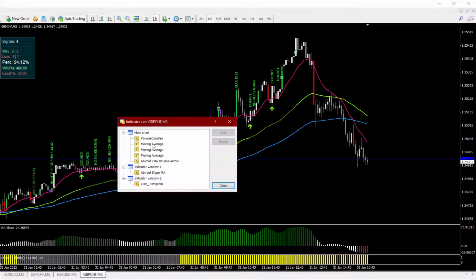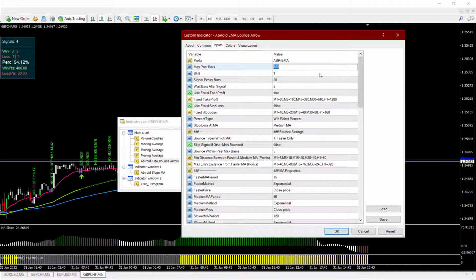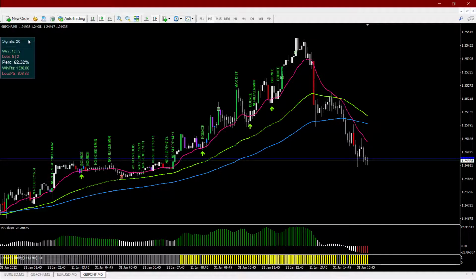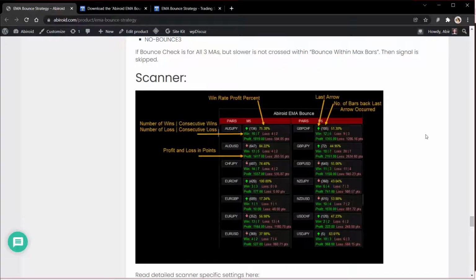Let me go over much more, like 3000 bars. So right here, we have 12 wins and 3 consecutive wins, and we have 8 losses but 2 consecutive losses. So these are very useful for those who are using binary options, and sometimes with binary options people use something like martingale. So the consecutive number of wins and the consecutive number of losses are very useful for calculating that. So right here, all of that is explained.